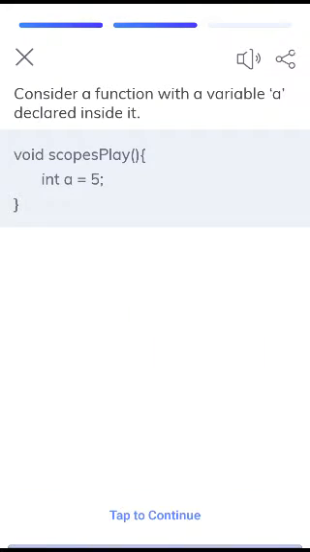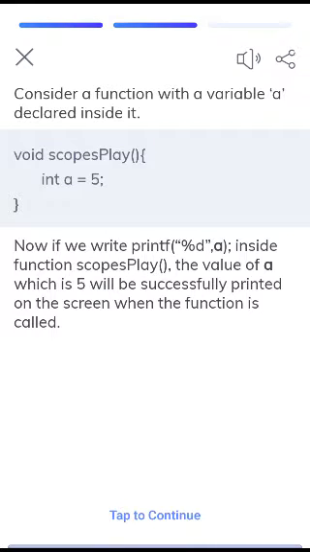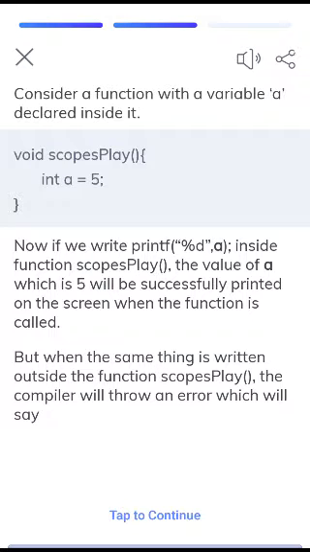Consider a function with a variable a declared inside it. Now if we write print %d, a, inside function scopes play, the value of a, which is 5, will be successfully printed on the screen when the function is called. But when the same thing is written outside the function scopes play, the compiler will throw an error which will say,